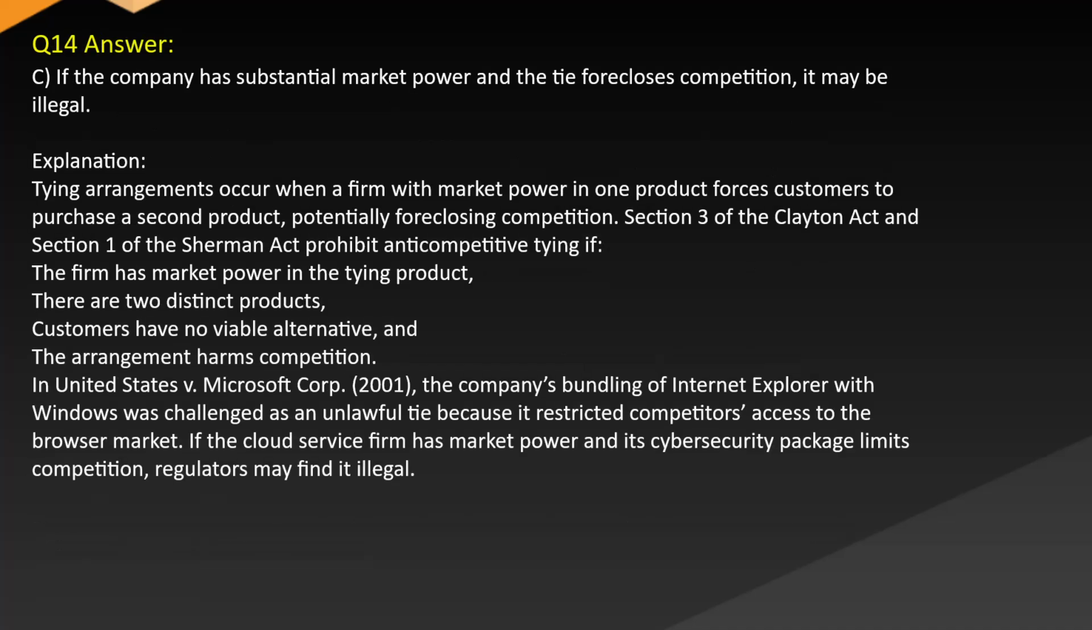Answer. C. If the company has substantial market power and the tie forecloses competition, it may be illegal. Explanation. Tying arrangements occur when a firm with market power in one product forces customers to purchase a second product, potentially foreclosing competition. Section 3 of the Clayton Act and Section 1 of the Sherman Act prohibit anti-competitive tying. If the firm has market power in the tying product, there are two distinct products, customers have no viable alternative, and